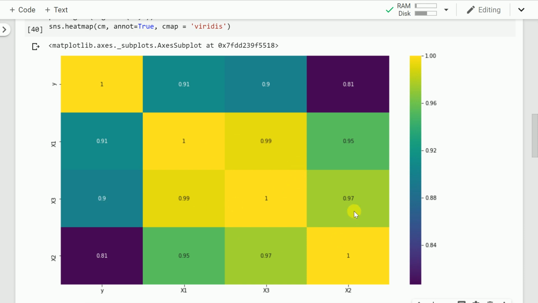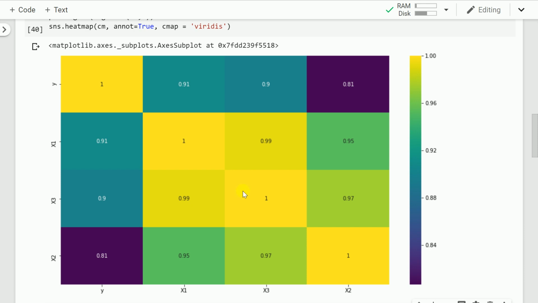Let's come to the next part, which is actually finding out multicollinearity in my dataset. One of the assumptions of linear regression is that there should be little to no multicollinearity in order to have a good, robust statistical model. But if you observe this part of the heat map, feature x1 has a correlation coefficient of 0.95 when compared to x2. So as x1 increases, x2 would also be linearly increasing. When I compare x1 with x3, the correlation coefficient is 0.99. Similarly, x3 when compared with x2 has a value of around 0.97.